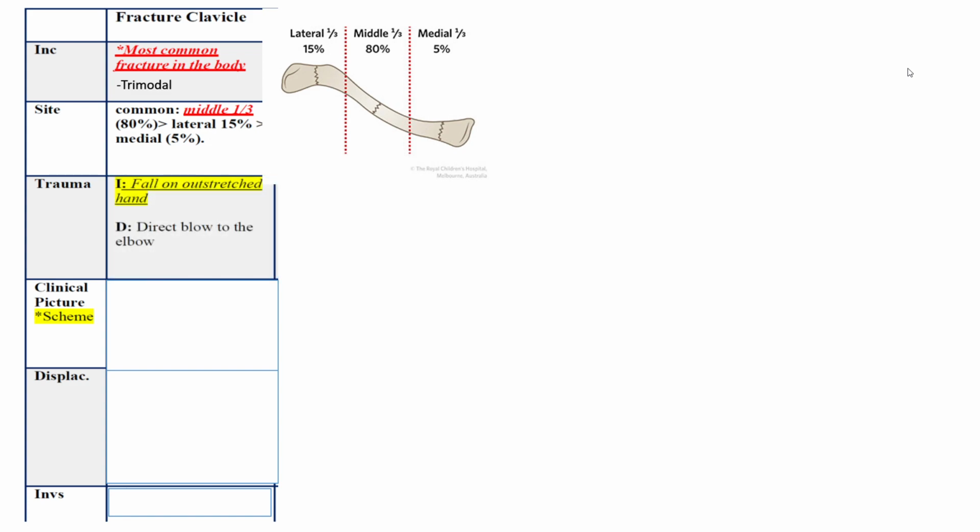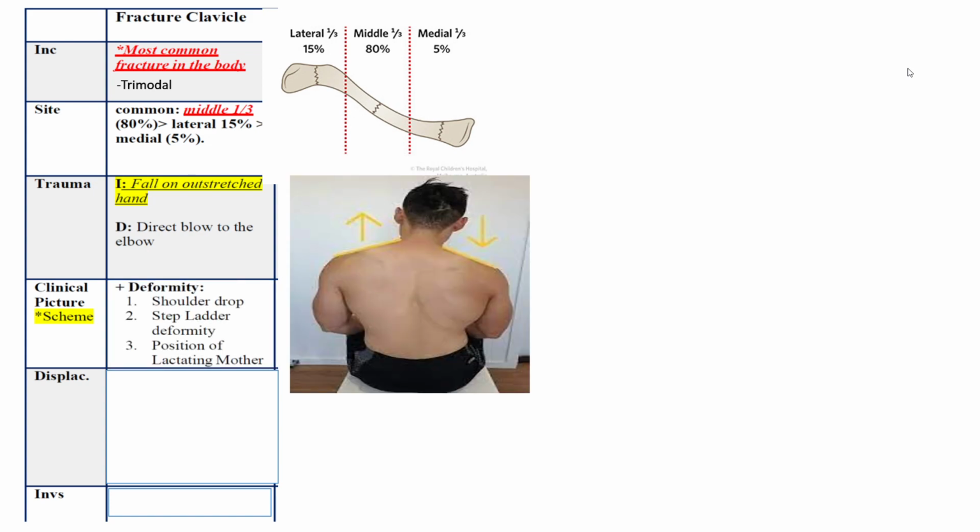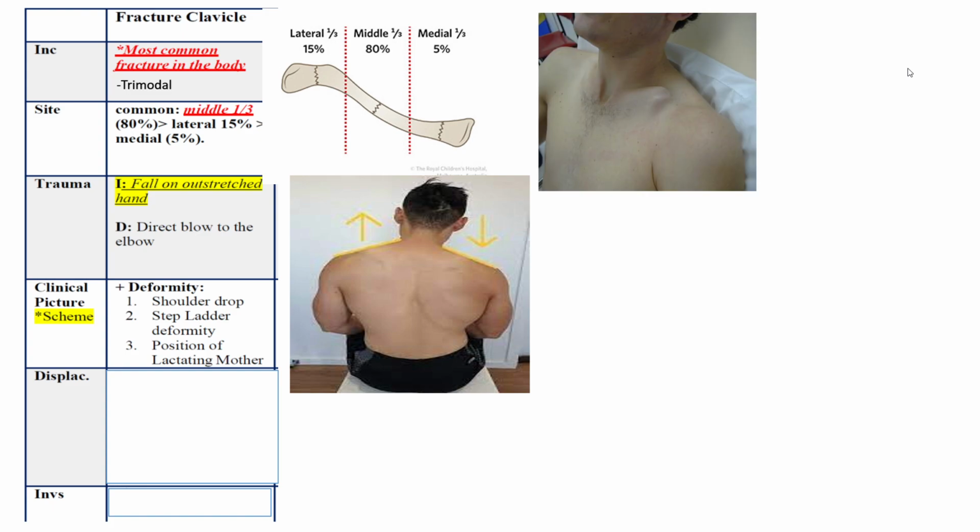The most common indirect trauma is a fall on an outstretched hand, and there might be a direct blow to the elbow. The clinical picture follows the general scheme and is presented with swelling and limitation of movement, plus 3 main deformities, which are shoulder drop, as presented in this image, stepladder deformity, which is usually due to overriding, and number 3 is